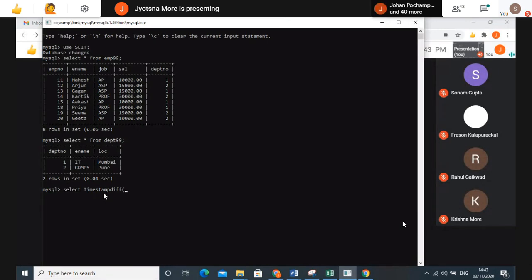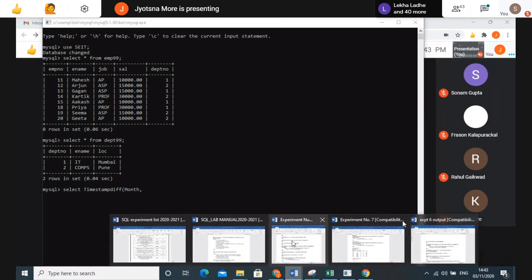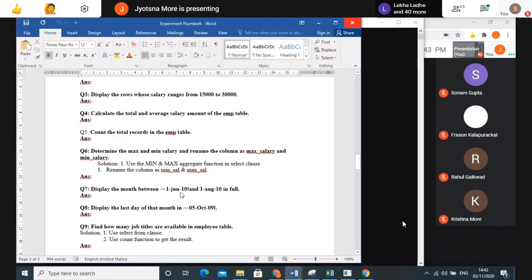We have to find the difference in terms of month. All of you can modify the date where I have kept it 2010, right? So you can make the changes in your question. Question number 6, just make it 20, so we'll take 20.